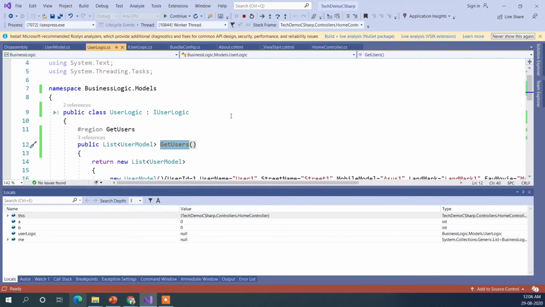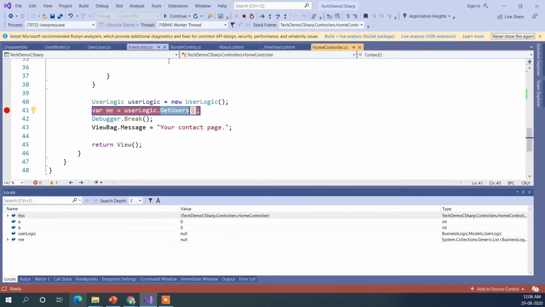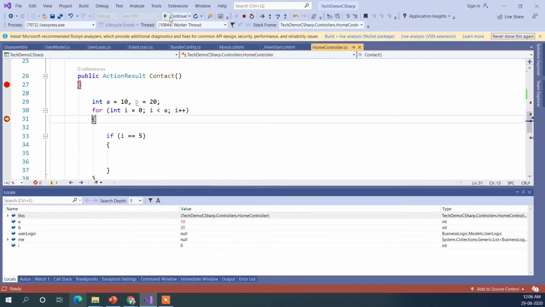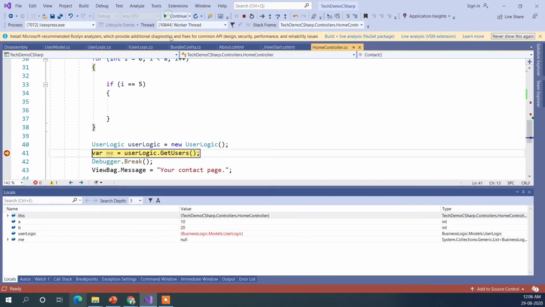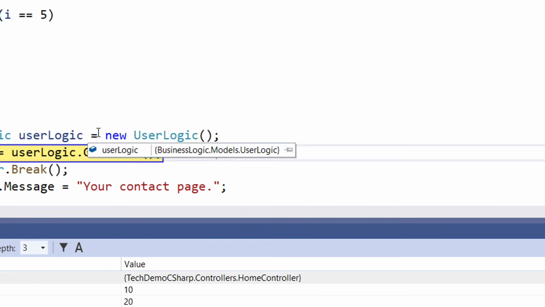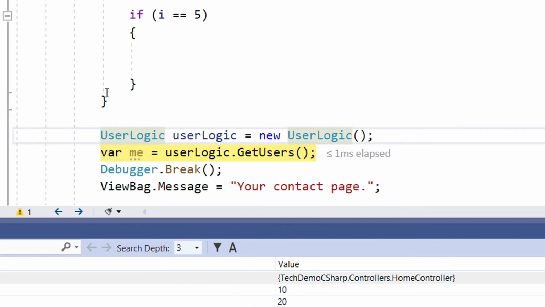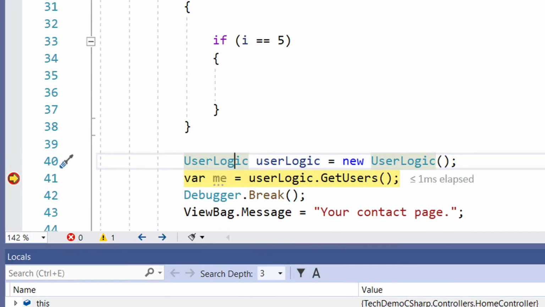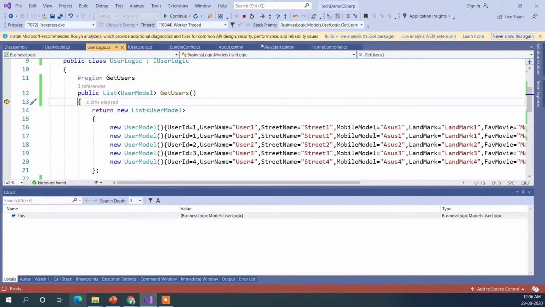And when we debug this, we will get output something like, let me just place it here. Sorry about that, let's just use this.